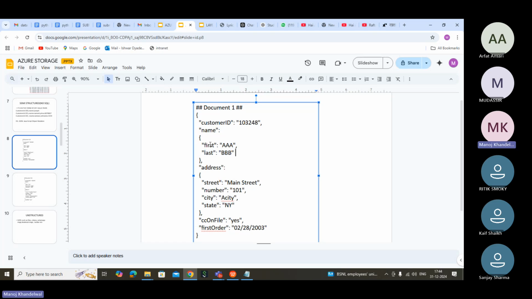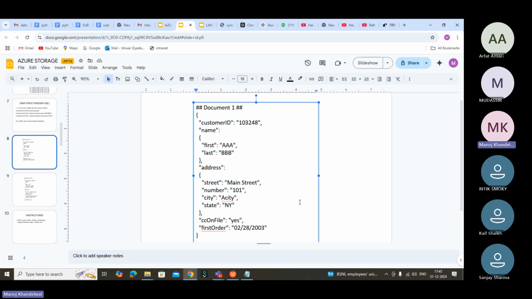It is key value pairs. Yes, understood. First name this, last name this, like this. Address is the key, and this whole thing is the value. It's nesting, right? Inside this again key and value. So Manoj, each header that they've used, they call it a key. For example, name, first name, last name, address. Name is the key. See colon, and then because this is a compound value, they put it in brackets. In the value again there is a key value, nested.